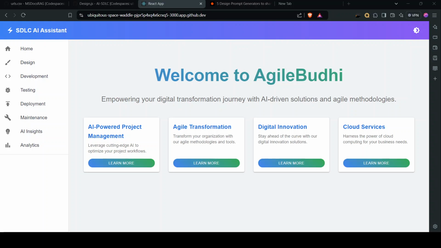Welcome to AgileBudhi. First of all, what is AgileBudhi? What we call Agile, here you know about the Agile framework, right? DevOps methodology. Buddhi means, in philosophy, intelligence. So this is empowering the digital transformation journey with an AI-driven Agile method. Our solution is an AI-powered project management system, Agile